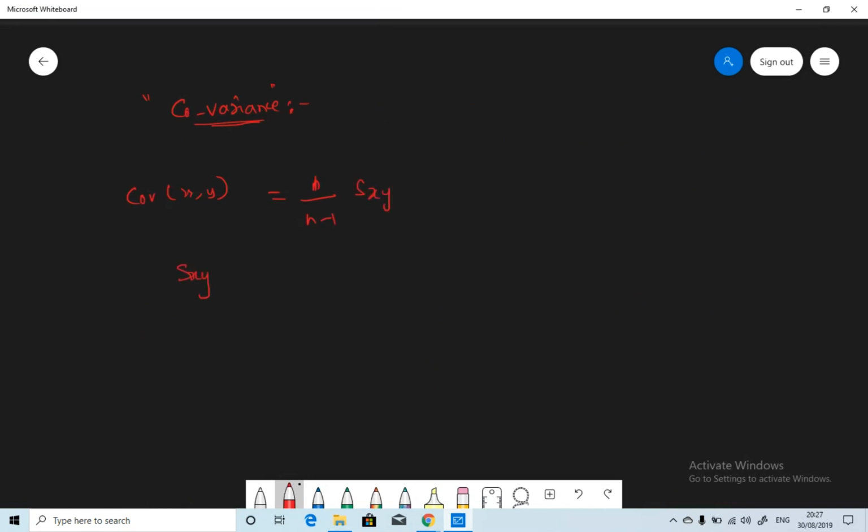What is Sxy? It's nothing but summation of x minus x bar into y minus y bar. Similarly, Syy will be summation of y minus y bar into y minus y bar. Can we write it this way? Sxx will be,